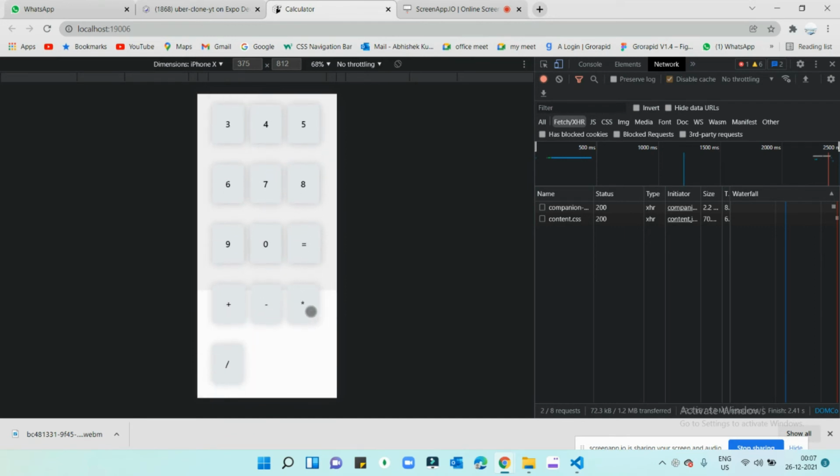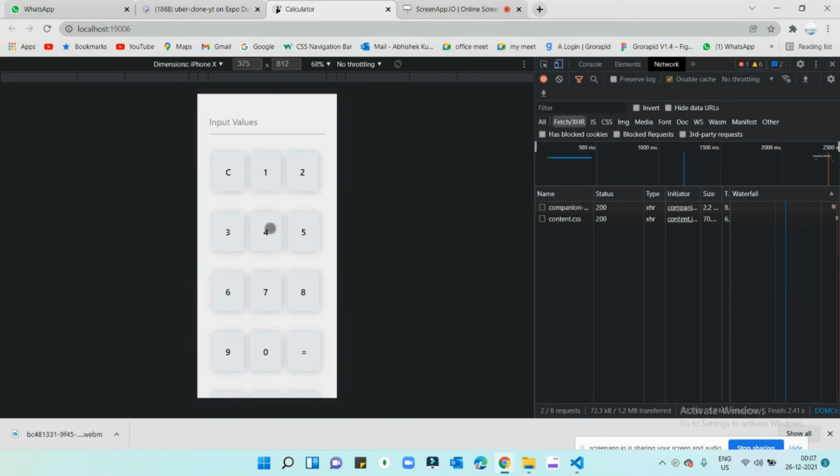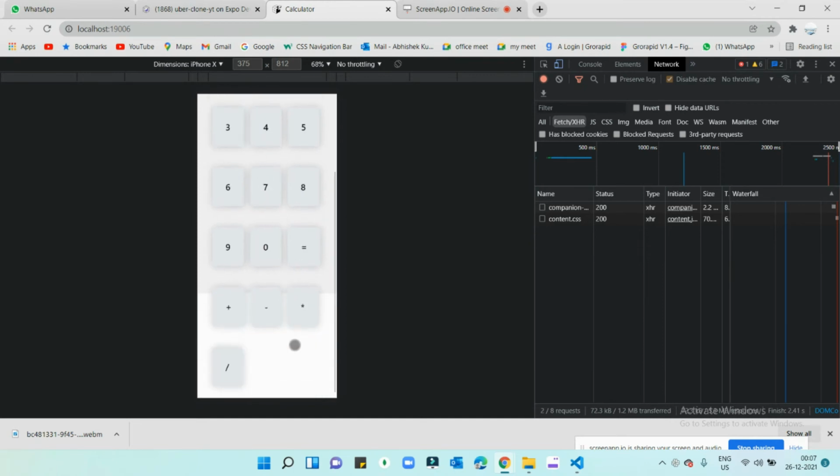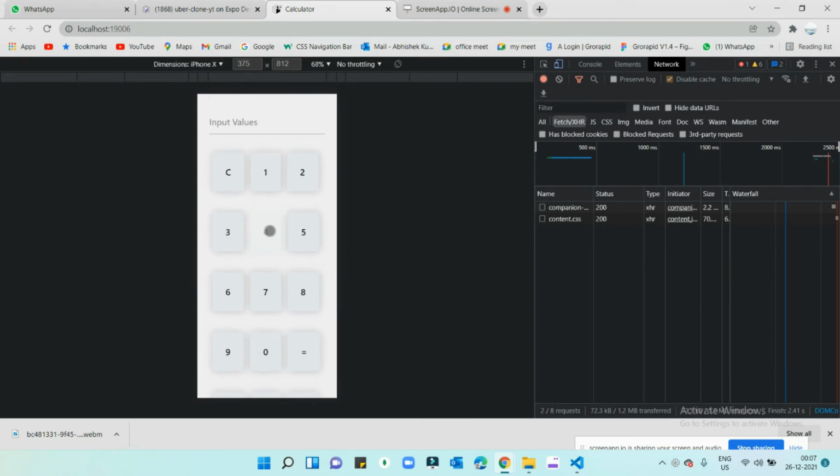If I multiply again by 5, I'm getting 40. If I add 4 over here, I'm getting 44, and if I divide this 44 by 11, I'm just getting 0.25, but it should give 4. There's some issue in the logic. Let me check again. And if I have 44 and I want to divide it by 4,